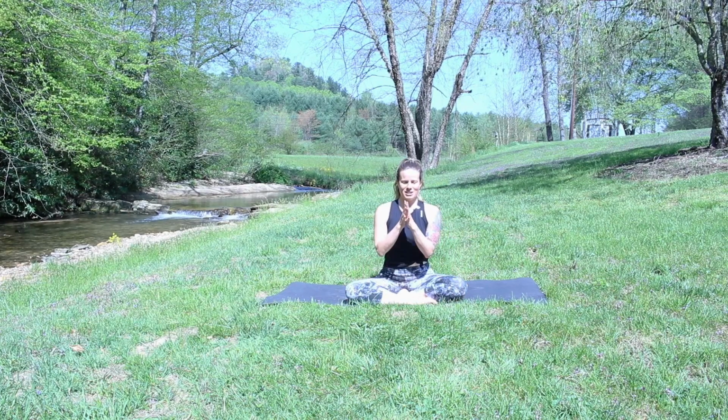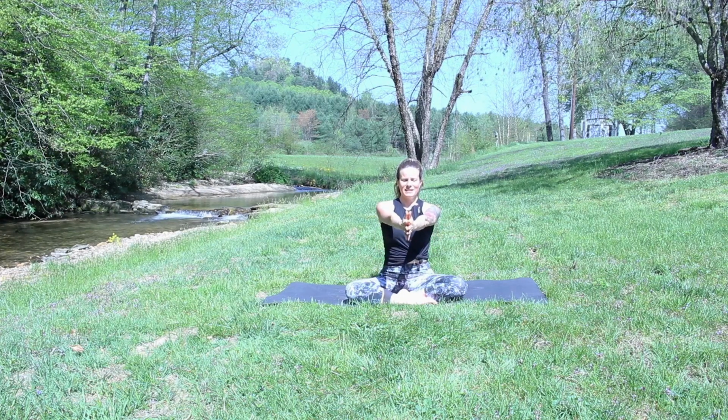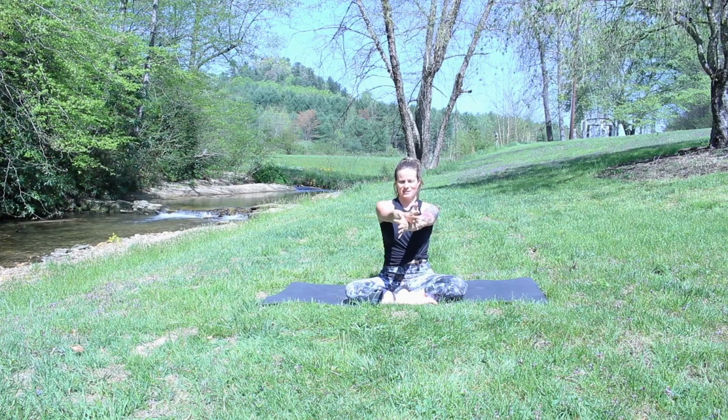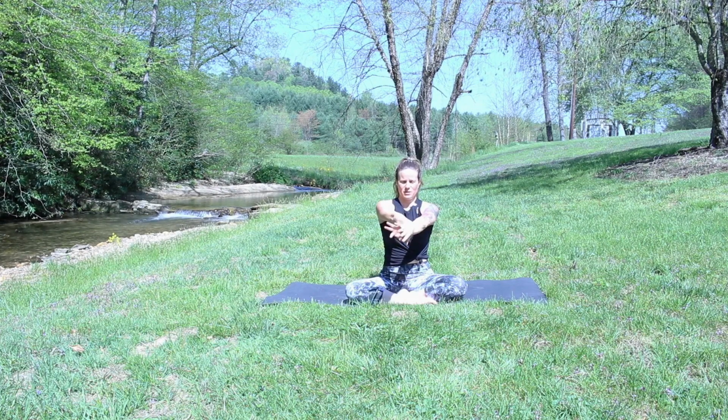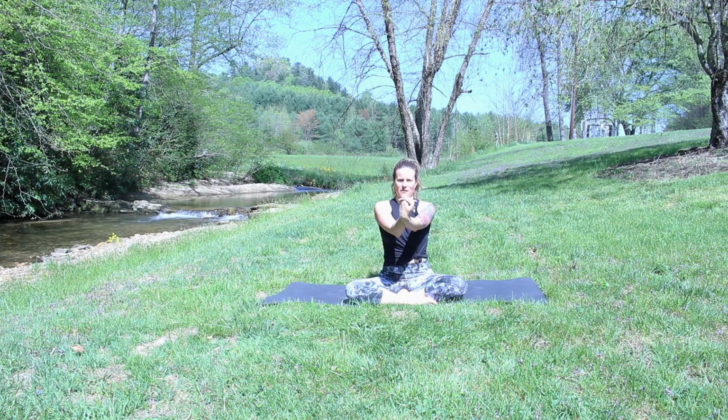Take the hands to heart center. Press the hands towards me. Take the right hand on top of the left, right wrist on top of the left wrist. Turn the palms down, interlace the fingers, pull the hands in towards you, and then press them away from you. Getting a big wrist